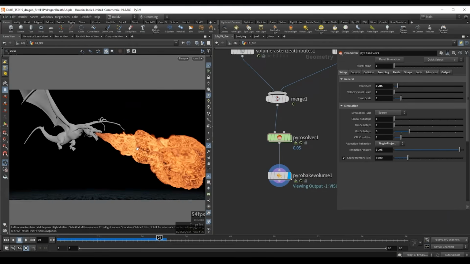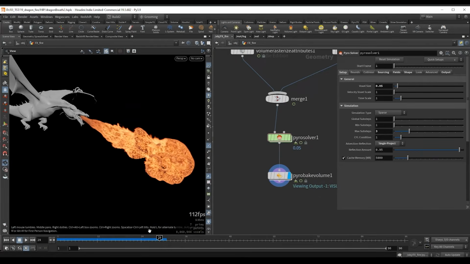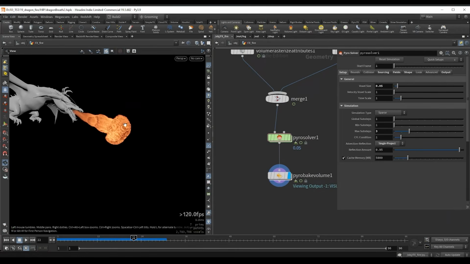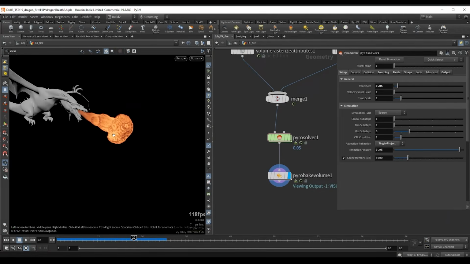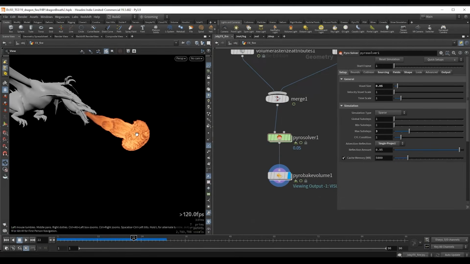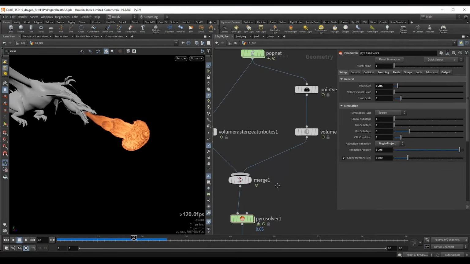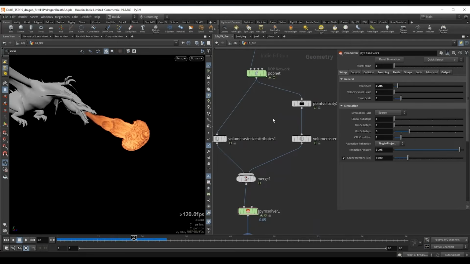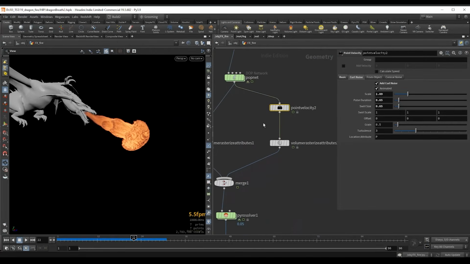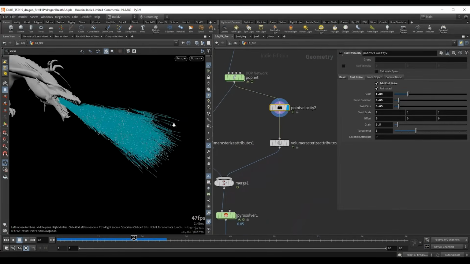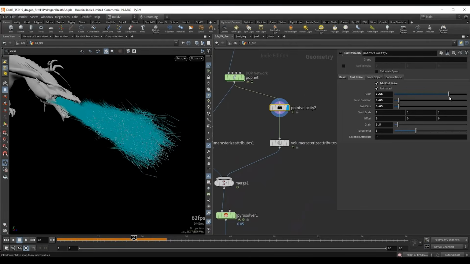Now, there is this thing, we see this mushroom cloud kind of thing happening, and this has been a problem with pyro simulation since forever. And the way to fix this is to disturb the velocity that's coming in. So this is why we have this point velocity, so we can add noise on our source here.